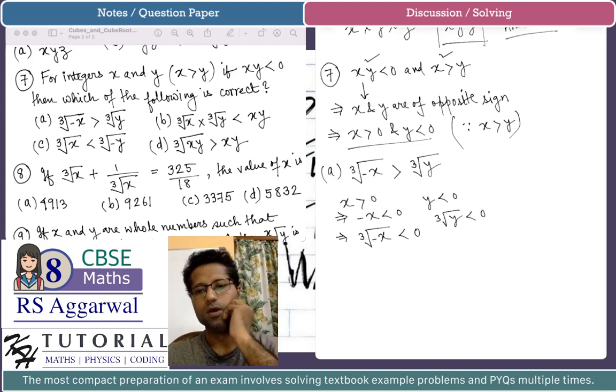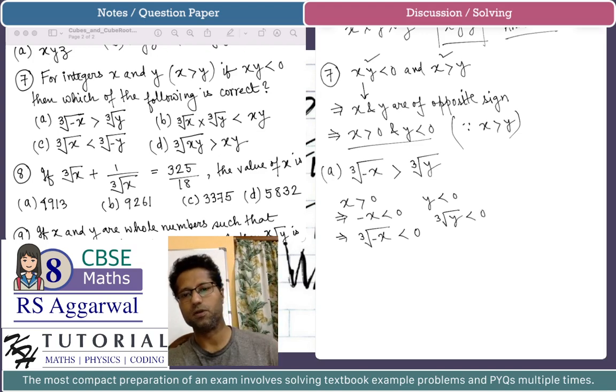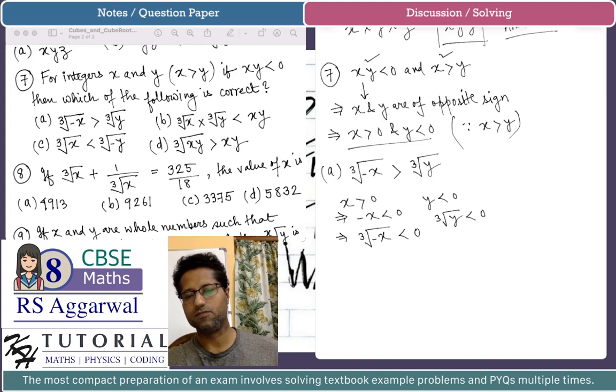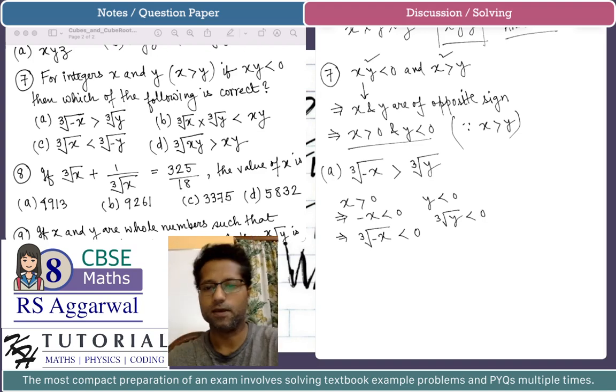Now how do we know? So both cube root of minus x and cube root of y, they both are less than 0. But how do we know which is smaller or larger? The choice A is saying that cube root of minus x will be larger than cube root of y. It will not be always true, because let's say